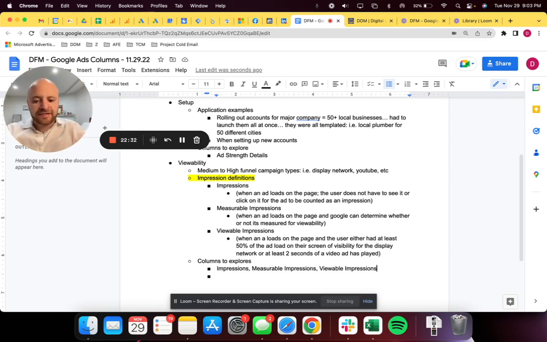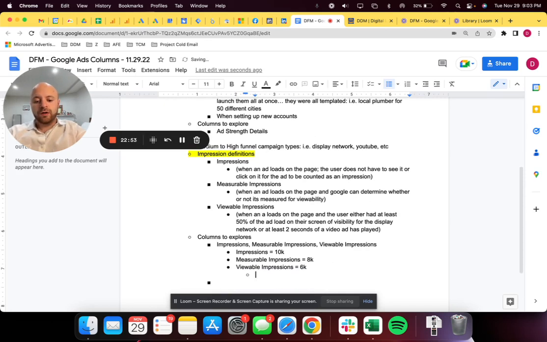See, that's actually a cool insight. If I had, in this example, impressions equal 10K, measurable impressions equal 8K, and then viewable impressions equal 6K. Well, determination, I've got to spell better. Determination only